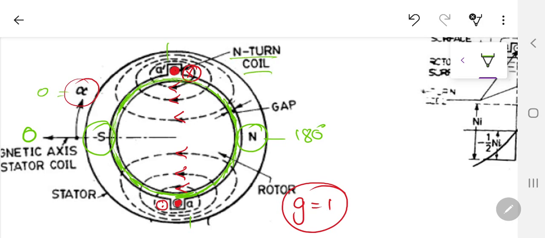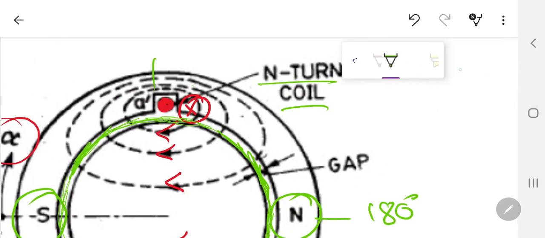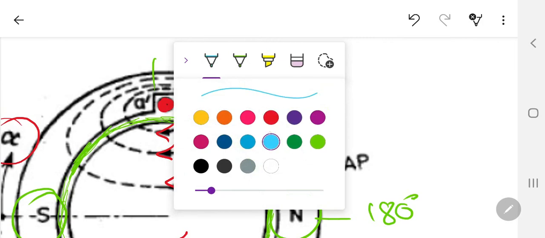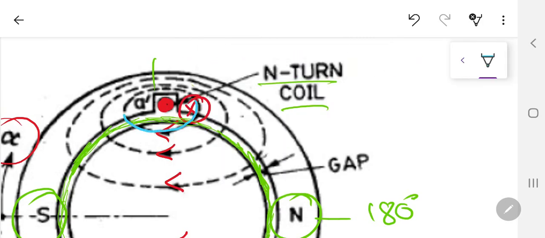Now, if this is an N turn coil, which means certainly something like 100 turns, 200 turns, whatever that N value is, and there is a current I flowing through them. That I can be 1 ampere, 2 ampere, depending upon the design of the machine. It's a concentrated winding machine, so this has G equal to 1. Now if you zoom in around this conductor, the conductor which is just close to the flux that is going to be produced, around this conductor, the flux direction in this region is different, and in this area the flux direction is different.